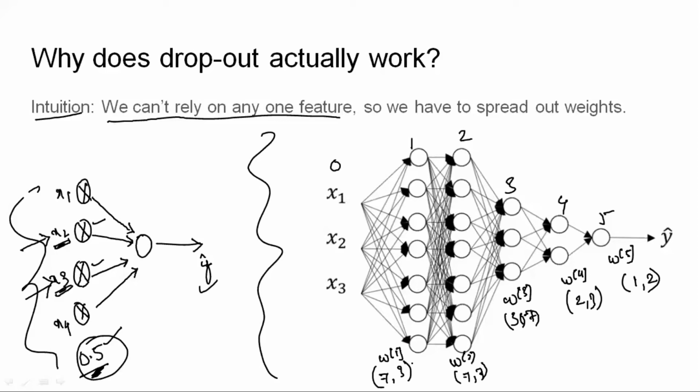Okay, and how am I finding the dimensions of this matrix W? The number of nodes in the present layer forms the rows, and the number of nodes in the previous layer, for which I am finding the parameter W, forms the number of columns. So this layer has 7 nodes, so 7 will be the number of rows in W1, and 3 would be the number of columns, since I have 3 input features for this layer. Okay, and similarly I have calculated W2, W3, W4 and W5.